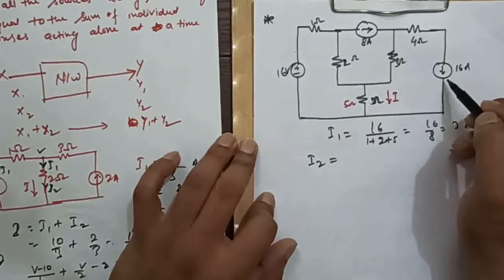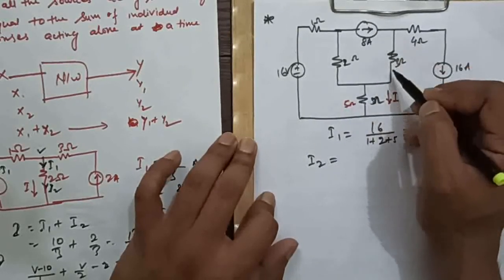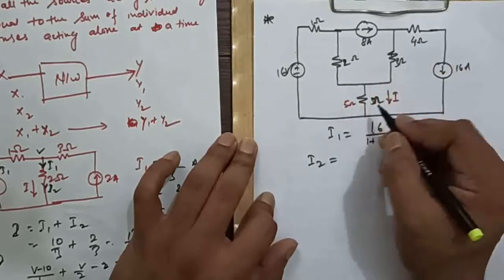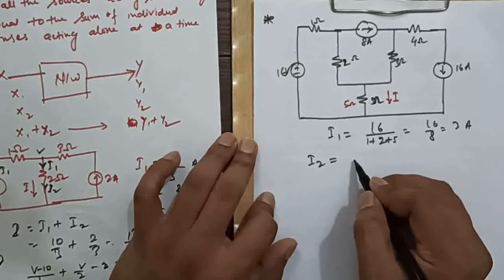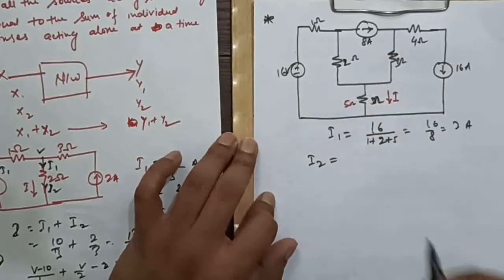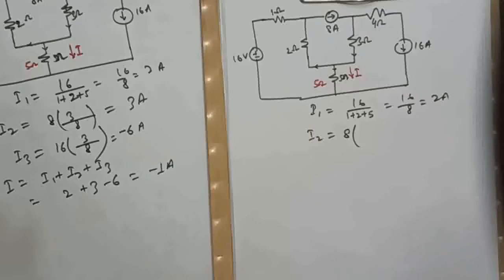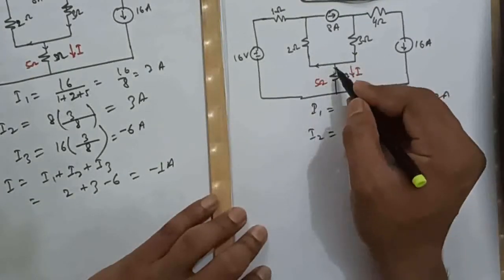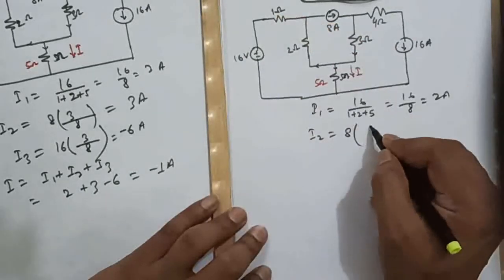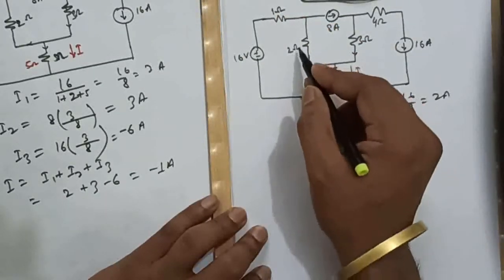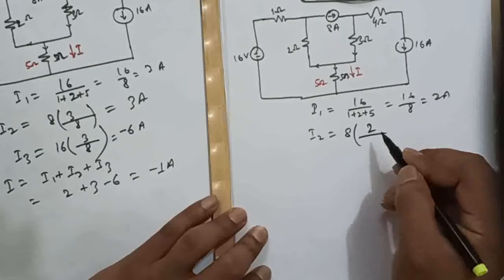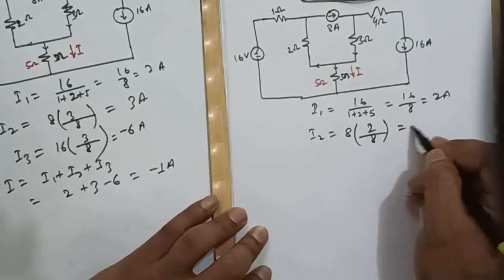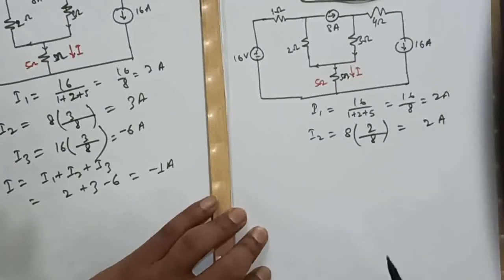So for that, no current will flow through this. Whatever current, this is 8 ampere, will go through this. Divide here in two parts. One is here in downward direction through 5 ohm. So what will be current due to 8 ampere? The total current multiplied by opposite branch resistance. What is opposite branch resistance? This is 5 plus 1, that is 6 ohm. Actually, the current in 5 ohm is 8 multiplied by 2 divided by total resistance, 5 plus 2 plus 1. That is it. So this is 2 ampere.